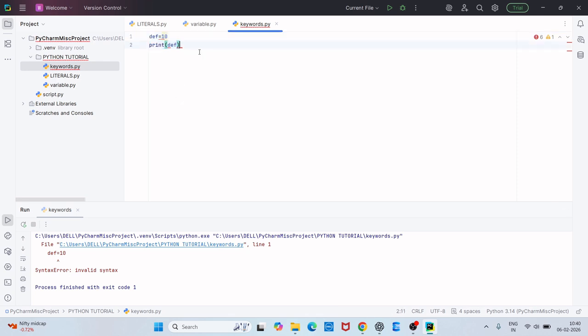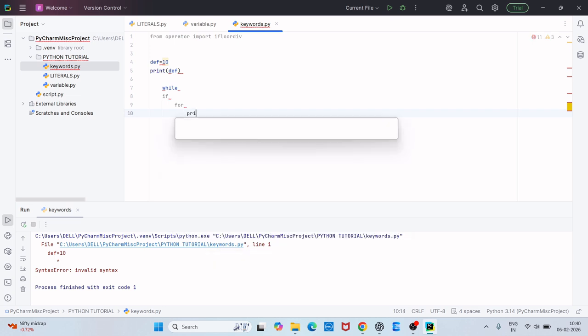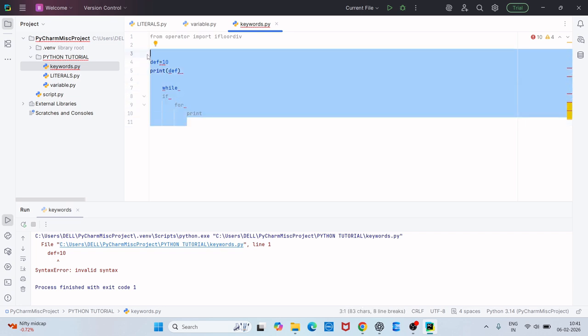There are many keywords like while, if, for, print, and so on. You can see all these things. Wherever we use a keyword, it's shown in a special color, and you can see it is taking spaces. These all are your keywords.